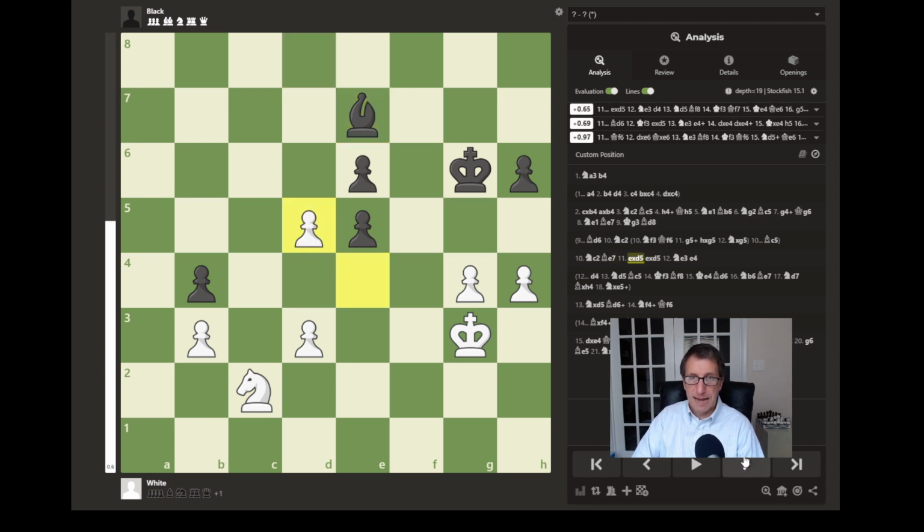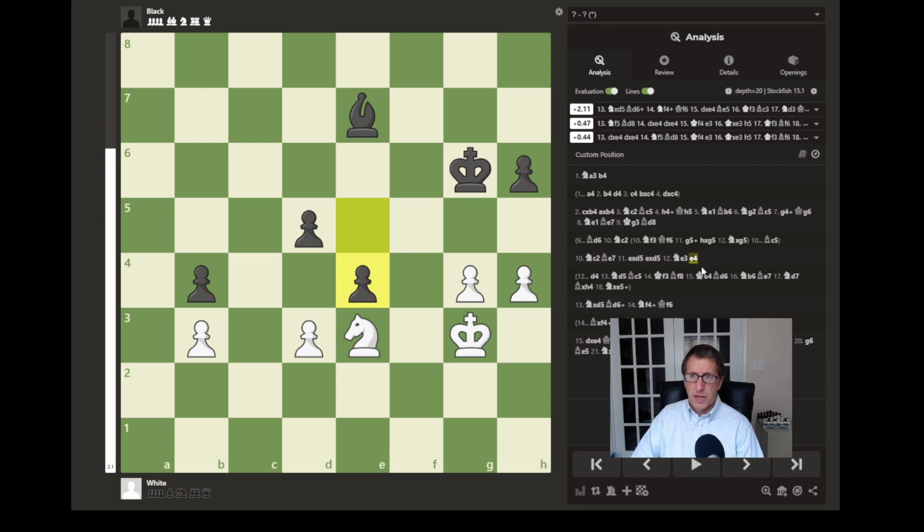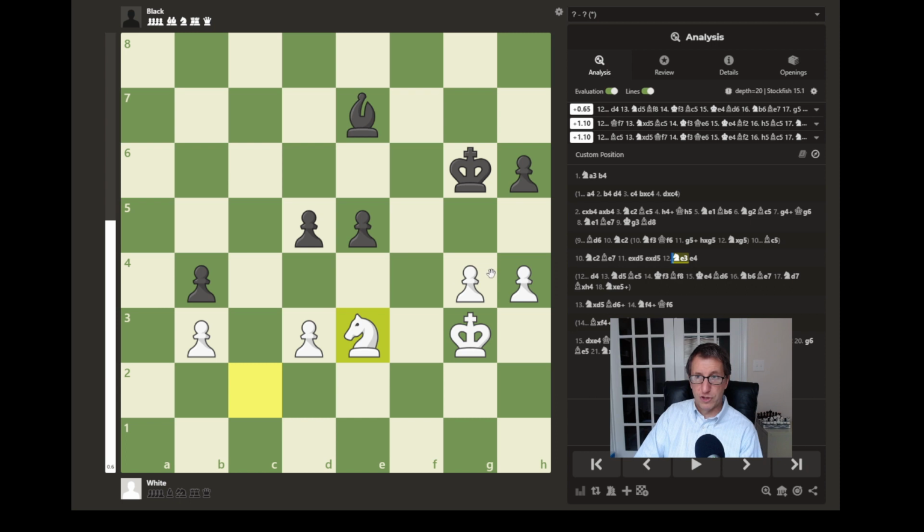And then we have a capture in the center, capture, and then knight to e3 attacking this unprotected pawn. And so here we have this pawn push attacking this d3 pawn, but also leaving this pawn undefended. And so another option in this position could have been, instead of this e4 pawn push,